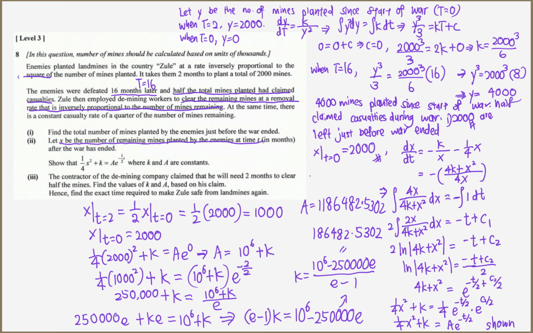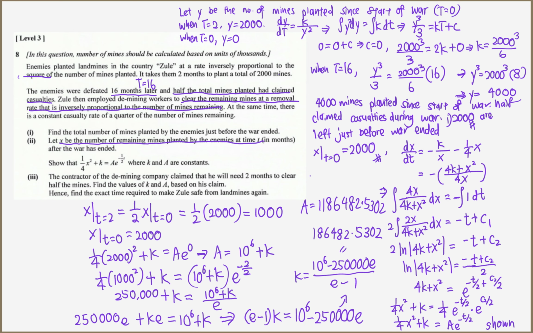But later, half of the total mines planted had claimed casualties. When a mine claims casualties, it is removed, because it exploded, so there's no more mine remaining. So half of the mines had been cleared as they claimed casualty. So the number of mines remaining at the end of the war equals 2,000. Okay, so let x be the number of remaining mines planted by the enemies at time t. My x when time t equals 0 is 2,000, because half of the mines that were planted